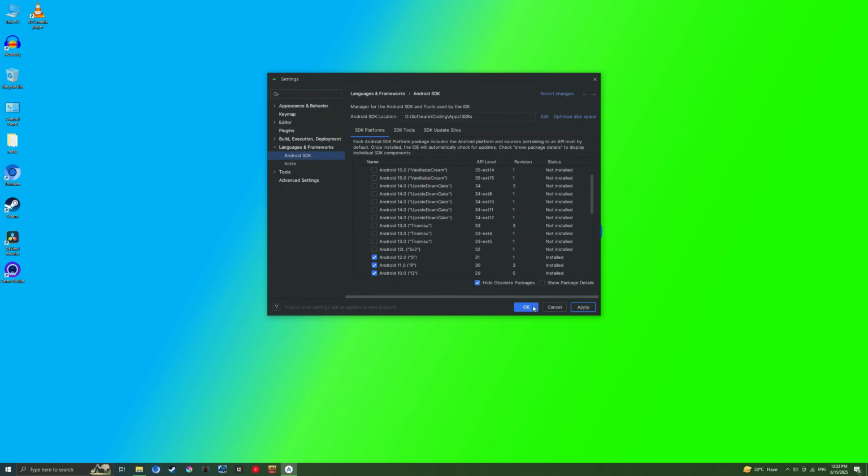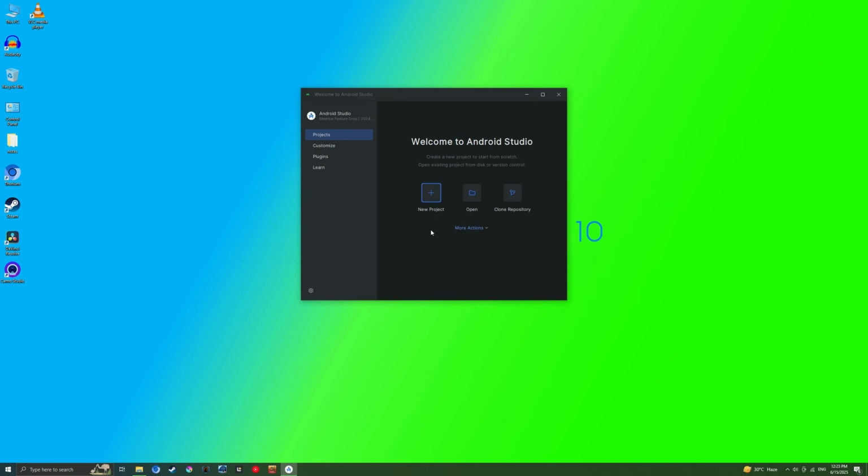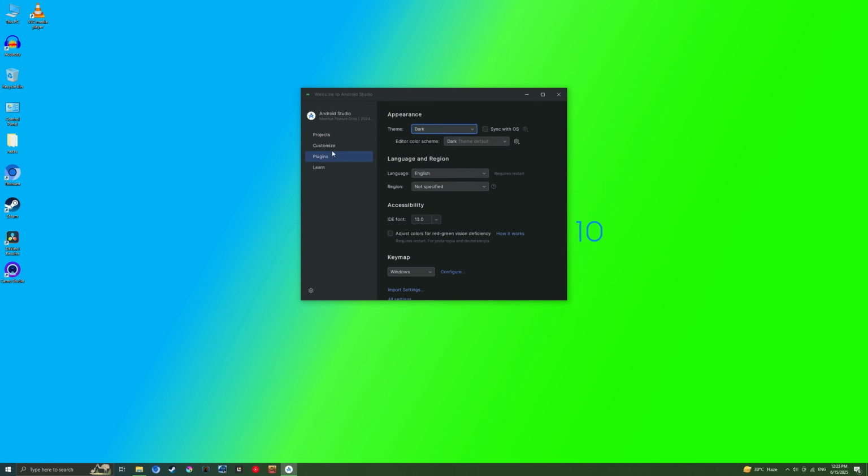Now, that's it. After installing, restart Android Studio and boom, you're ready for your next side project that will eventually